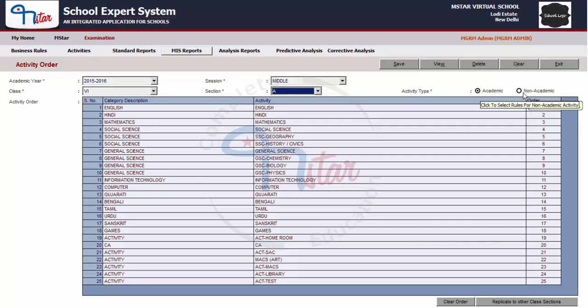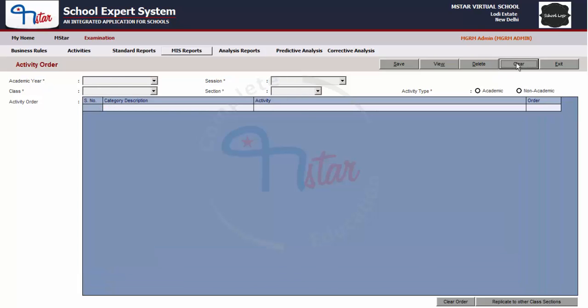So you can copy the activity order from one class section to all the class sections of the same class. Click on the Clear button to clear the screen and repeat these steps if you want to copy the activity order of other class sections to respective class sections of the class.